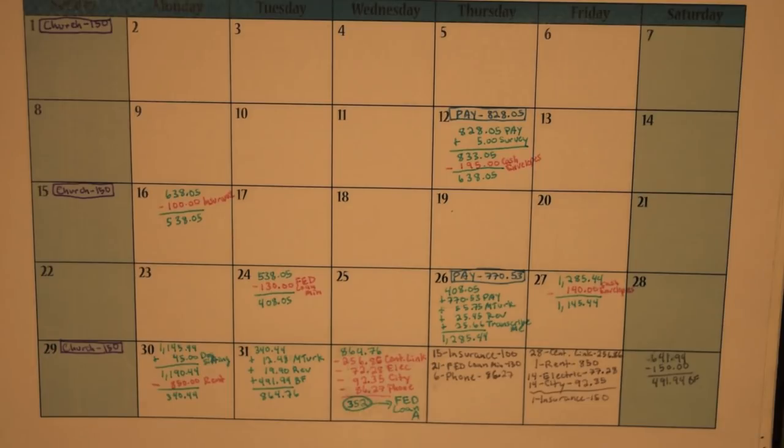If you notice, I didn't put anything towards sinking funds because this last amount is usually where I put my sinking funds, and then anything extra towards my debt snowball. But since I was so low, I got rid of the sinking funds altogether, and everything extra went to the federal loan A. So this is Fed Loan A, and that is my lowest federal loan that I am paying on right now, and I can direct single payments towards any of the loans that I wish. So it was $352 even, which is kind of weird, but I went ahead and paid that extra amount on